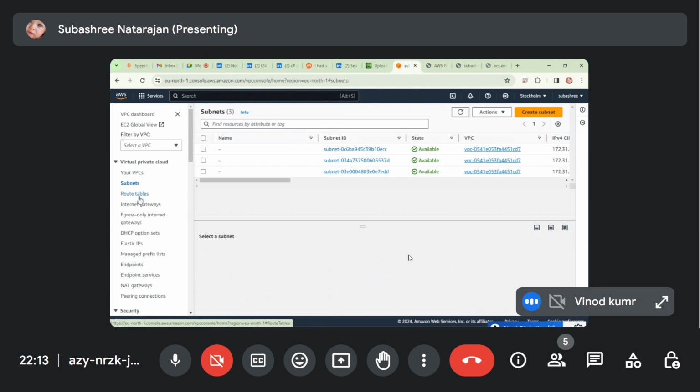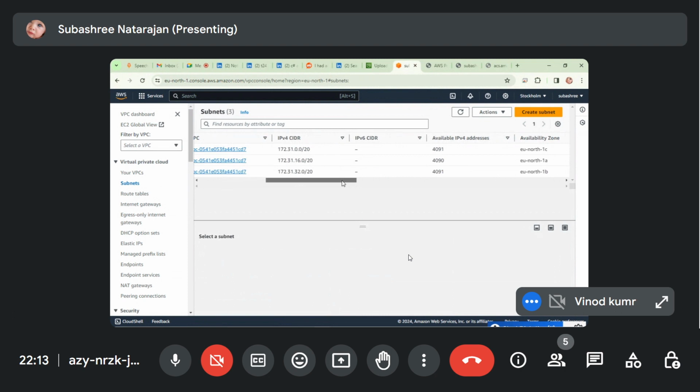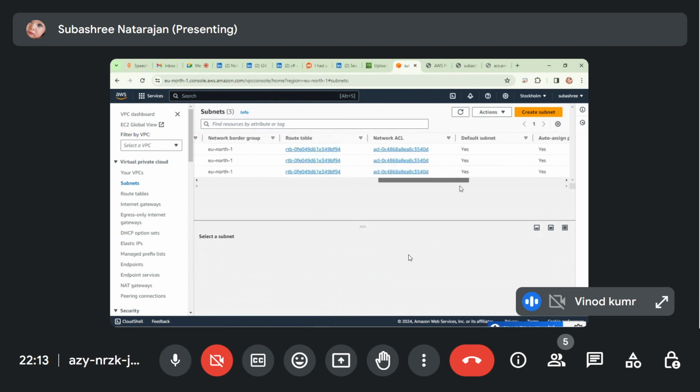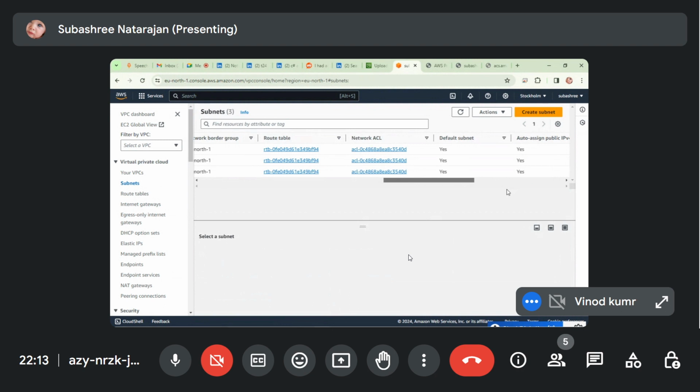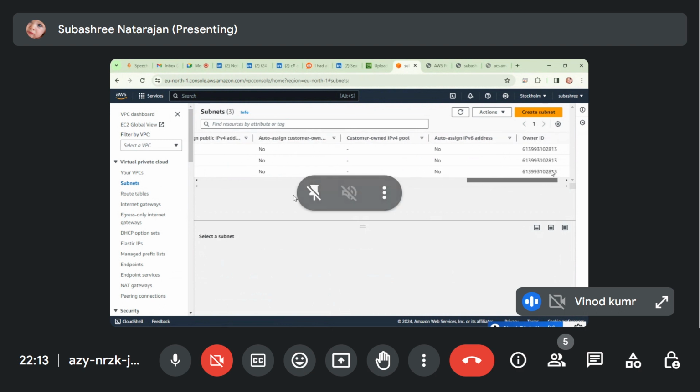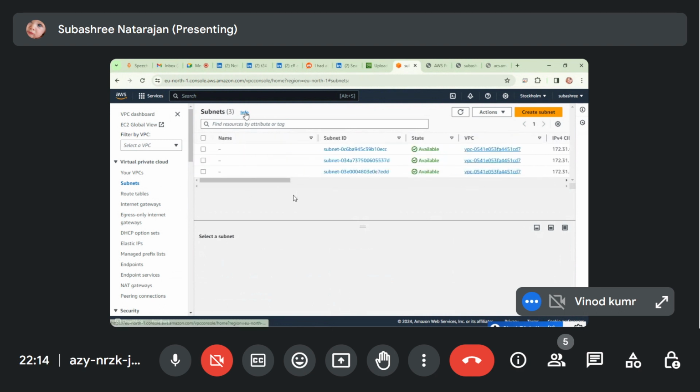In Stockholm, the region which you are seeing at the top, after your username, under that region we have to create four subnets under two availability zones. Why four subnets? One for each subnet.